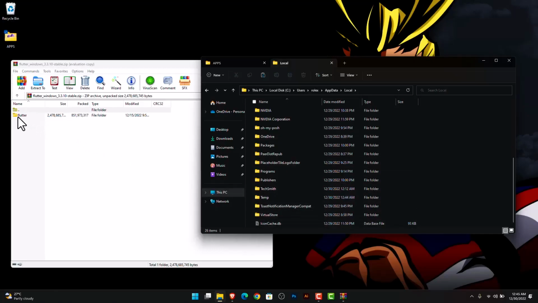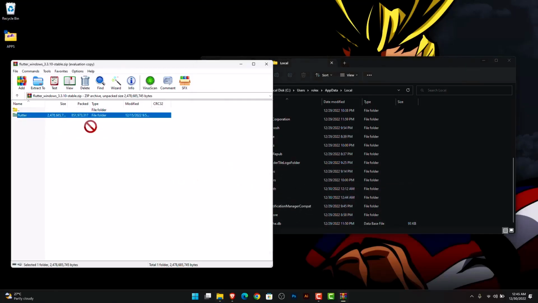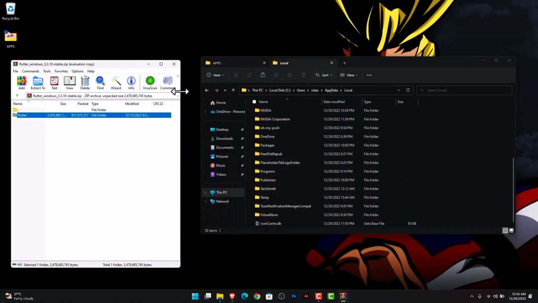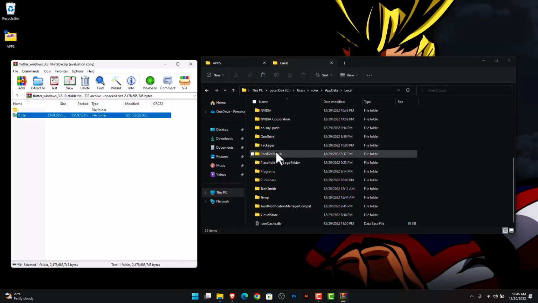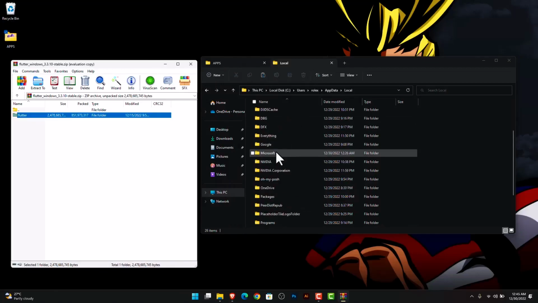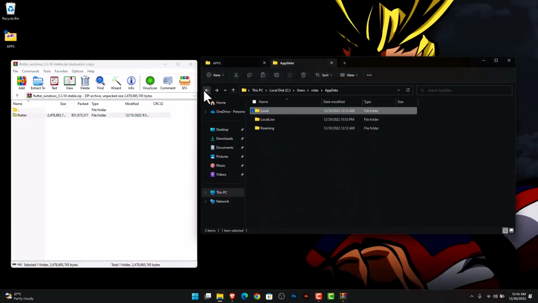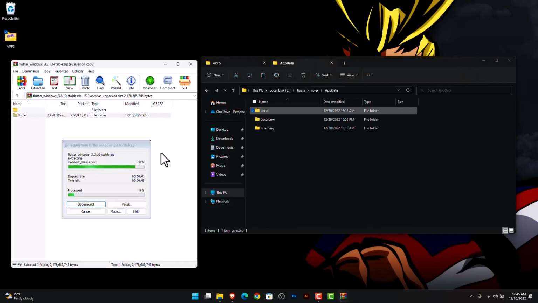Now one thing in doing this is while trying to drag this here, you may mistakenly drop it in one of these folders. Okay, and that just gives you another directory. So to prevent that, what I like to do is go back one step, and then where we have Local, I'm just going to drag the folder into Local and then release it. So this is going to go ahead and extract. It shouldn't take much time,